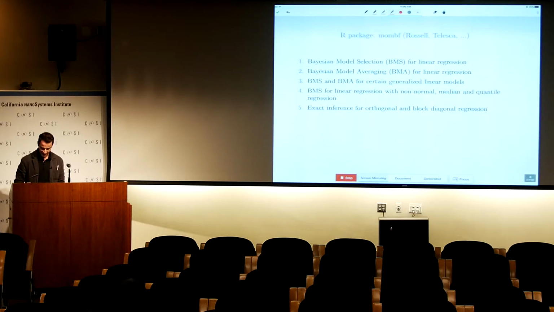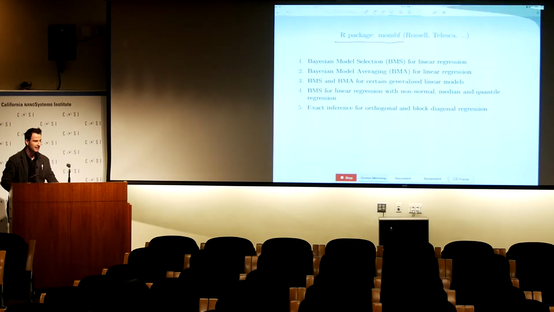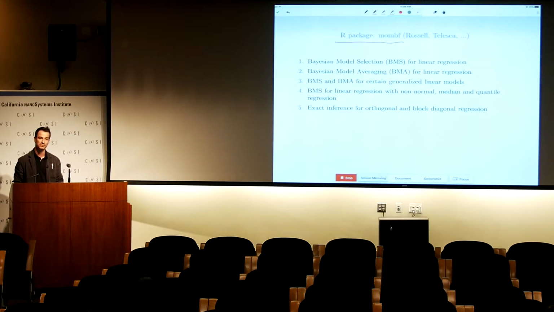So I'll try and skip over the details. The most important part is that even though this work is semi-theoretical in nature, there is an R package that implements a whole bunch of things. There are a whole lot of very efficient routines for model selection and model averaging, especially for linear regression, but not limited to that. In particular, there are some implementations for GLMs, meaning if you are running high-dimensional logistic or probit regression, you can use the package. There's a whole lot of documentation out there. So this is just a plug to use the